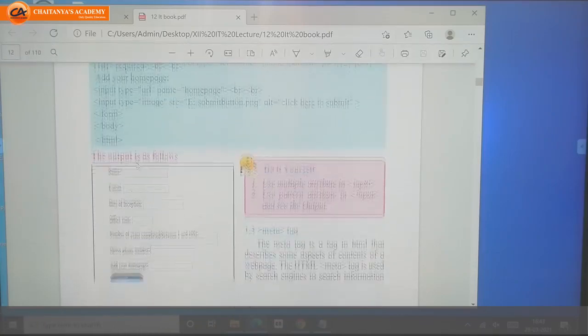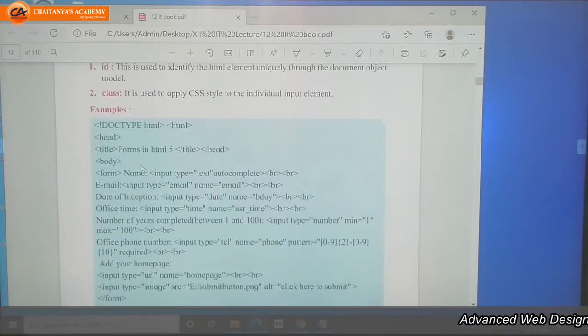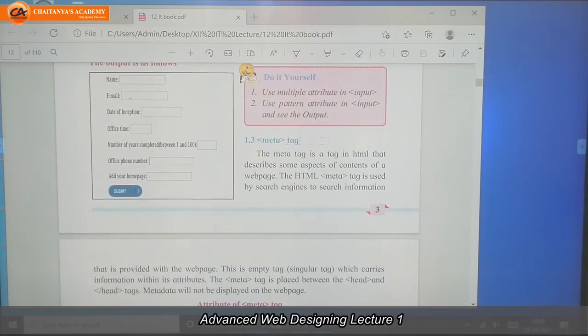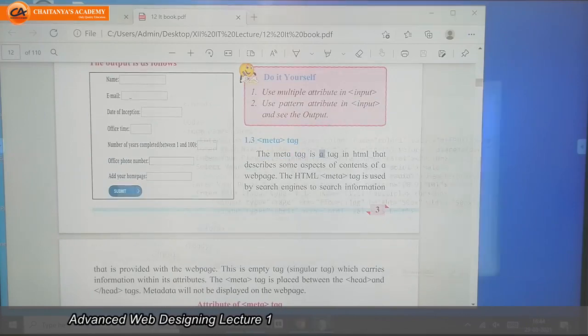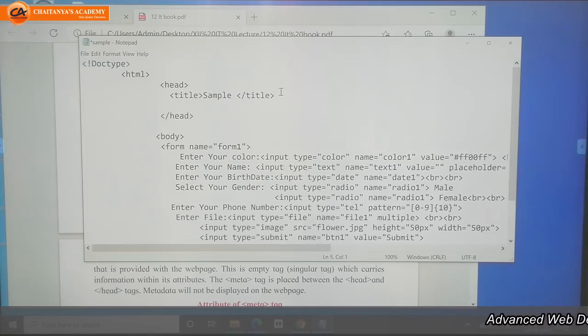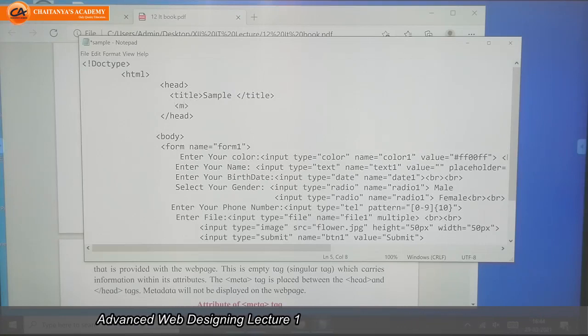So guys, this is all about the form tag. Next tag is the meta tag. This meta tag is just an informative tag. As it is an informative tag, where are we going to display it? We are going to display it in the head tag. Meta does not have an ending tag.